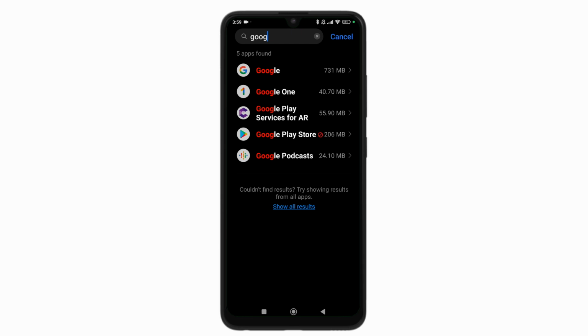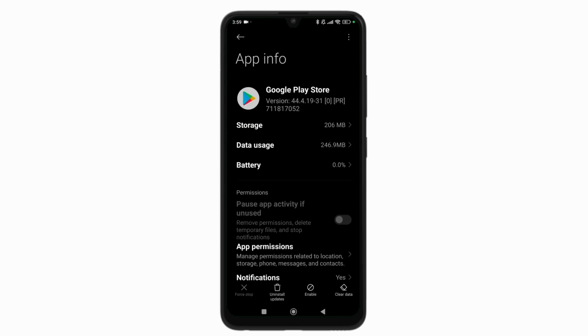So what we just need to do is we go to Google Play Store and we need to click on enable. Now you can see it's as easy as that. The Google Play Store is now back